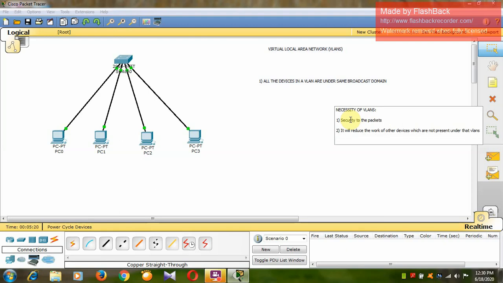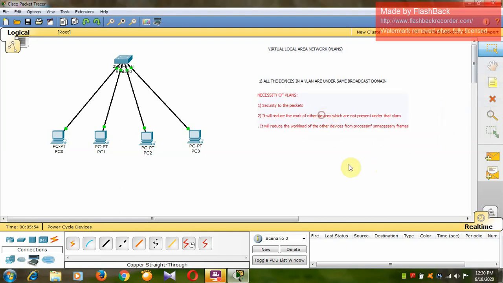That means it will reduce the workload of the other PCs or other devices from processing unnecessary frames.